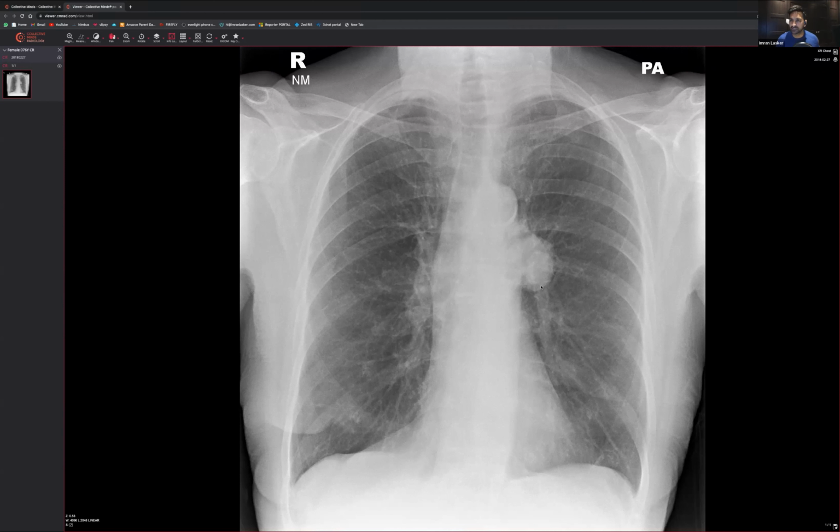But it's very, very well circumscribed. It's looking like it's at the level of the hilum. At least it's going to be anterior. Pulmonary artery, it could be. It's very unusual to get pulmonary artery aneurysms, which is what I assume you're trying to get to. In truth, I don't think I've ever seen a pulmonary aneurysm like that. And pulmonary arteries generally don't look so bulbous like that as well. So I would be a bit reluctant to say that's definitely a pulmonary artery.